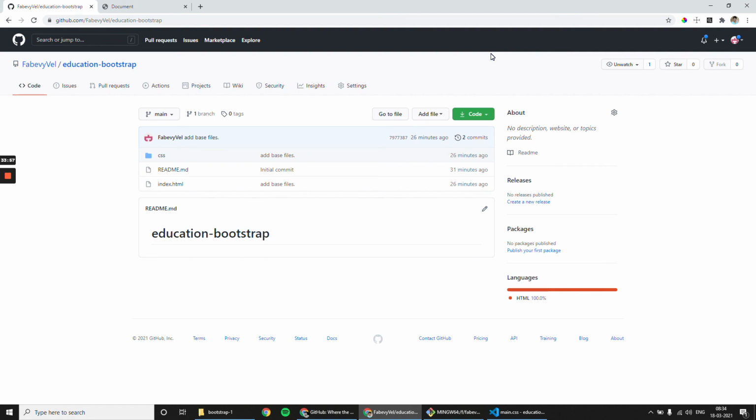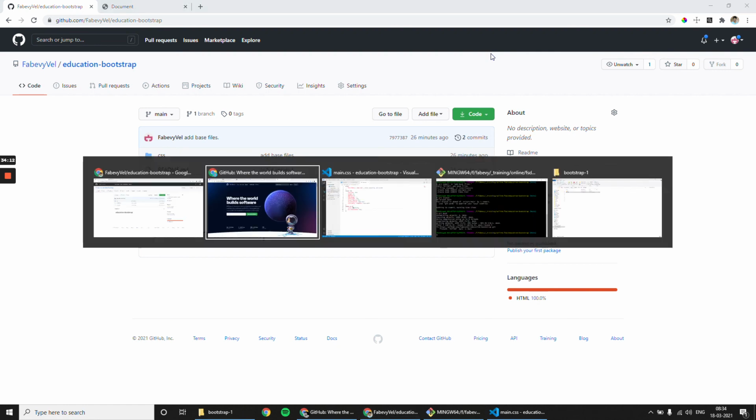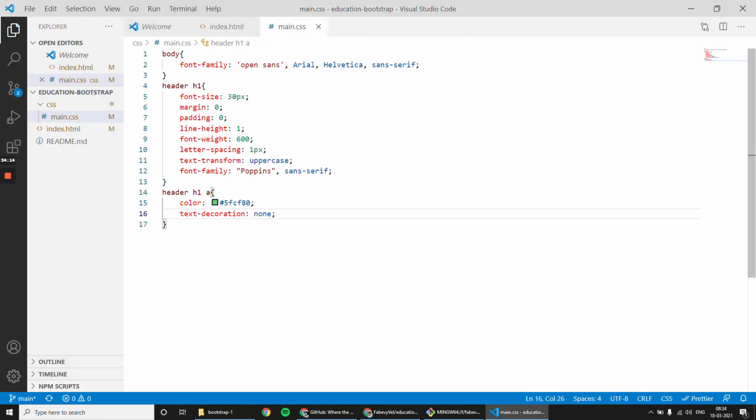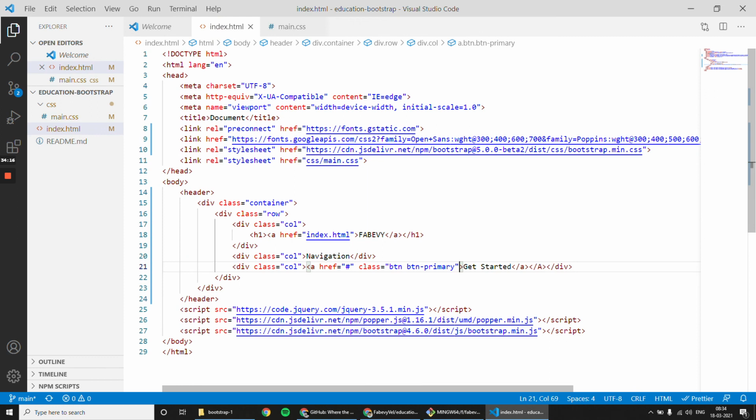Okay, so once I receive your username, I will give you access. You just need to clone this project and keep it on your machine. That's it. And try to go through all the code that I have written, and don't write anything until now. I will complete up to some section. From then I will give some task to each one of you. You will have some work in it.